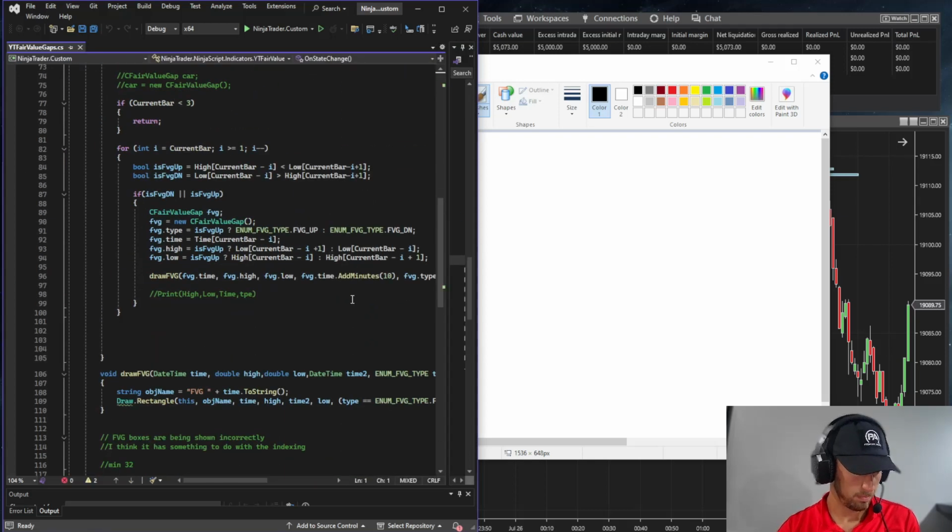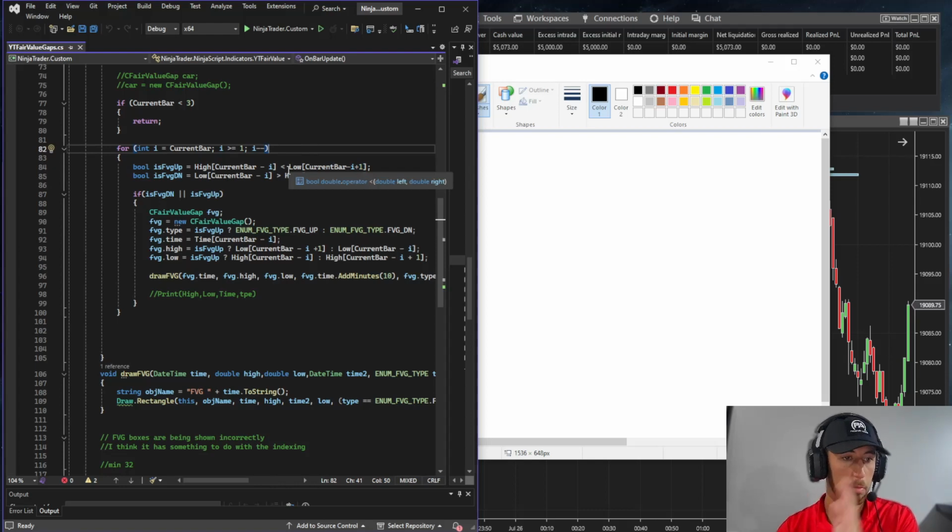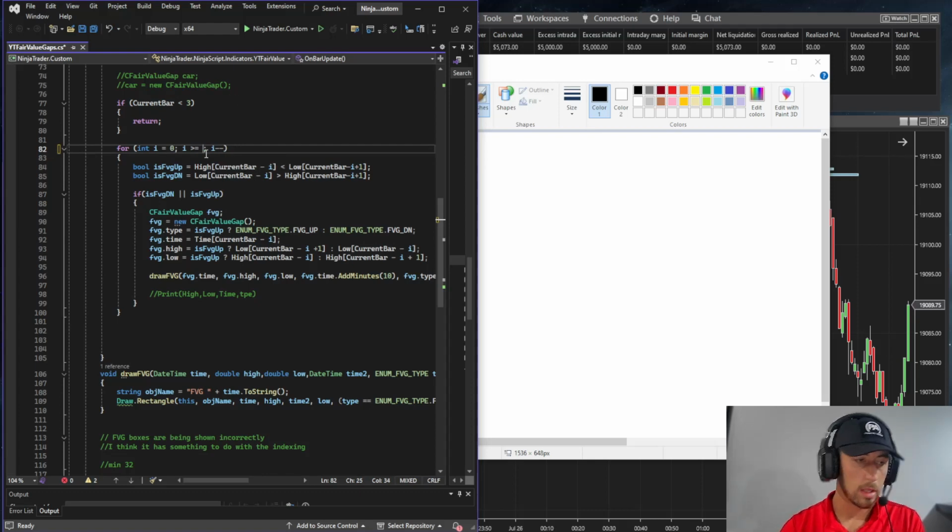So basically we just need to change all of these. To start with the most recent bar and move back each bar, we're going to do int i equals 0, because 0 is the most recent bar. Then if i is less than current bar